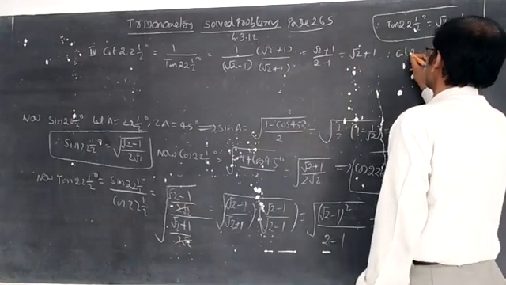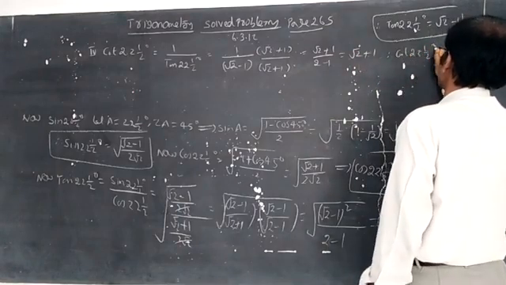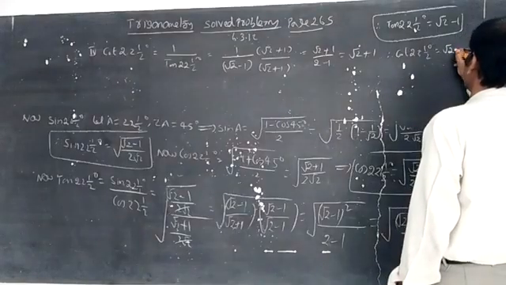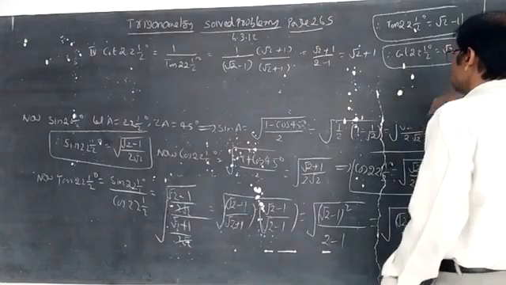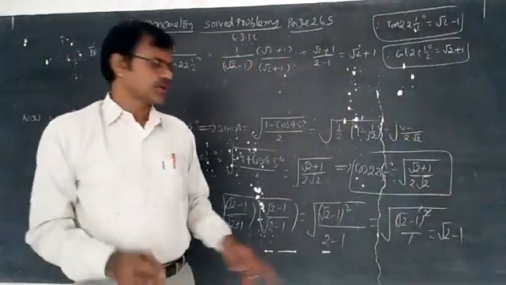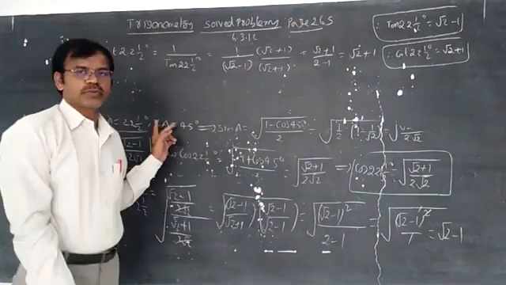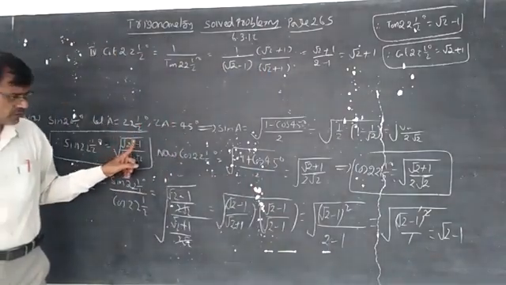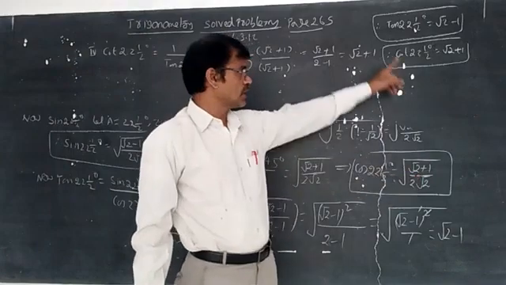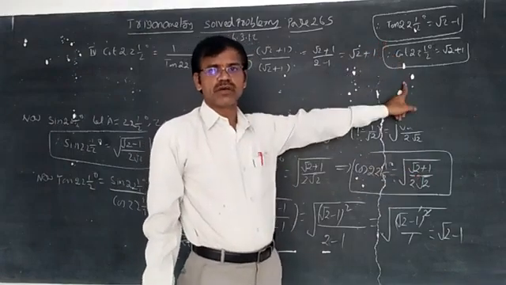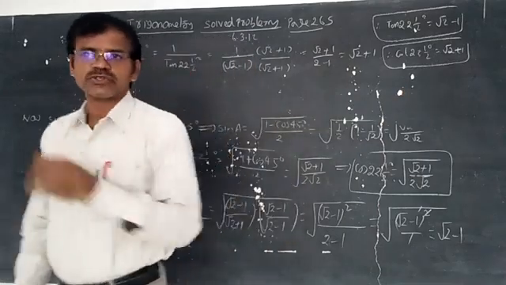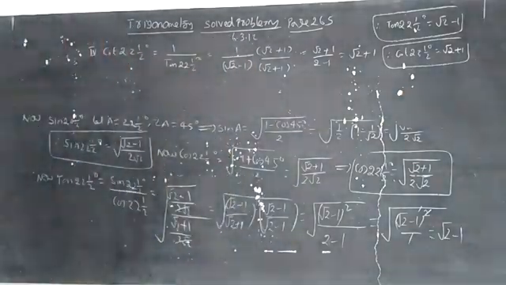Put a box here and you should remember this one also as a formula. Each and every value of 22 and half degrees you should remember as a formula. Cot 22 and half is equal to root 2 plus 1. So sin 22 and half we have learned today: root of root 2 minus 1 by 2 root 2. And cos 22 and half we have learned today: root of root 2 plus 1 by 2 root 2. And tan 22 and half is root 2 minus 1. And cot 22 and half is root 2 plus 1. These four values you should remember as a formula. Next one,